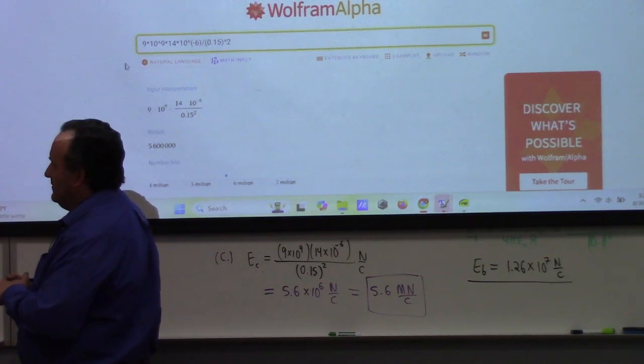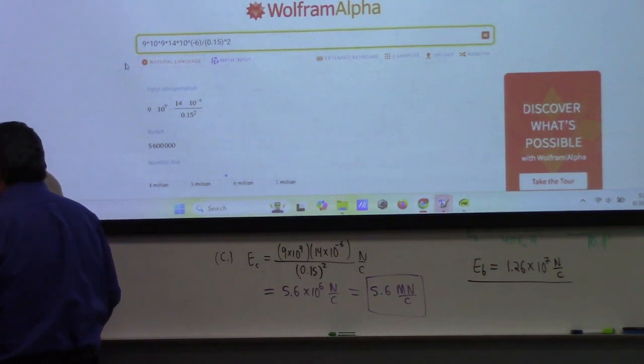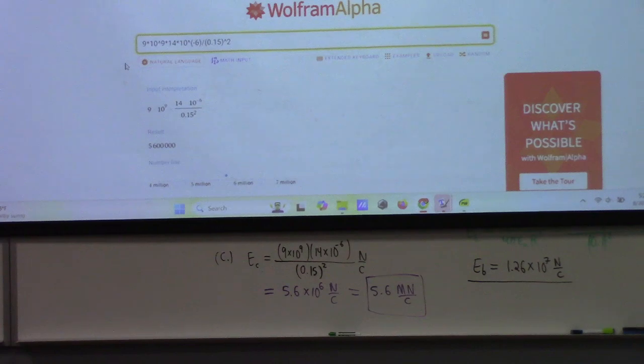What would be different if instead of being a conducting sphere, it were a solid insulator? How would that change this? It doesn't change anything outside of case A. Parts B and C are exactly the same. But for part A, instead of doing what we did,